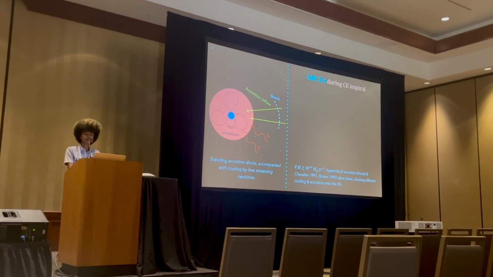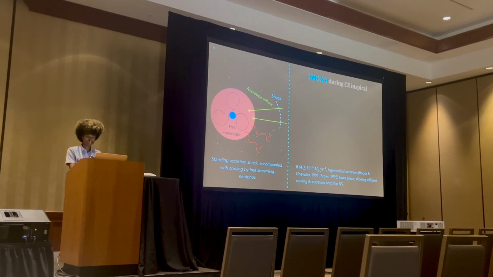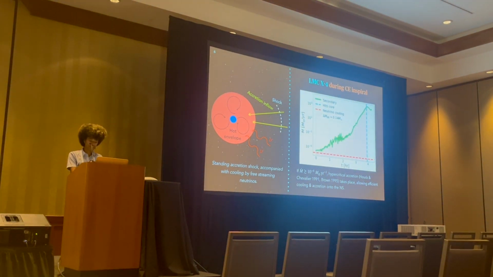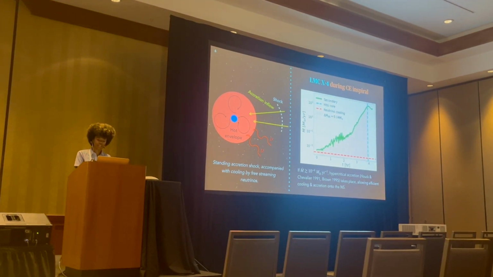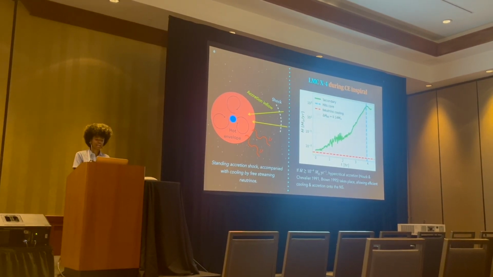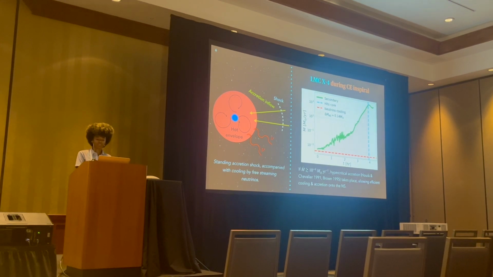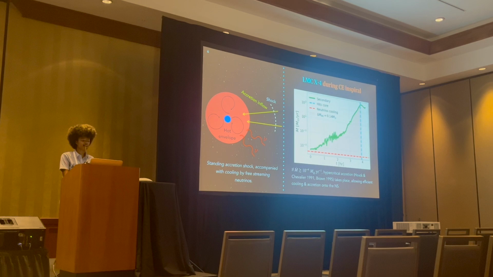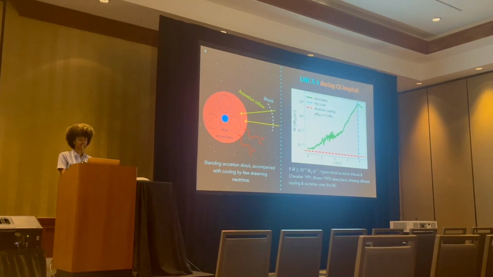Neutrinos at accretion rates below this value cannot cool the material. So the plot on the right shows this very thing. We see time in hours on the x-axis and then mass accretion on the y. The green line represents how much mass is accreted until the neutron star reaches the core, which is located at the blue dotted line. And then the red dotted line is where we expect neutrino cooling to happen.